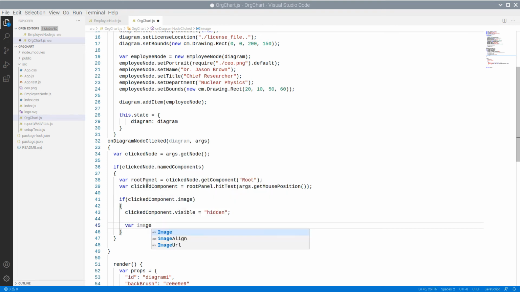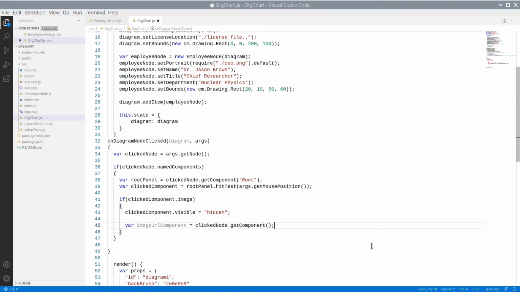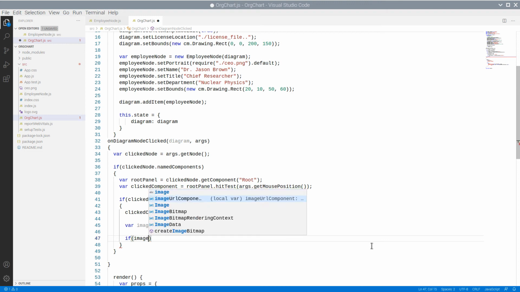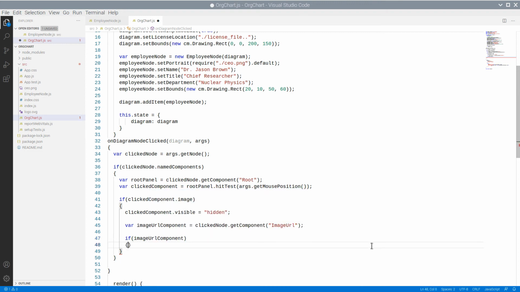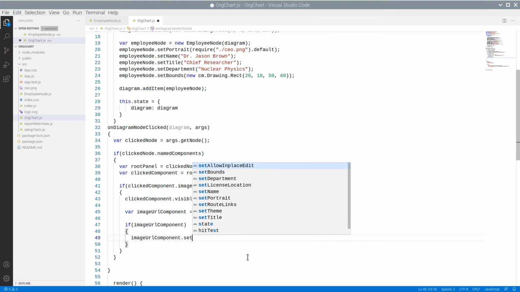We have to get now the URL of the new image. We get the text component that represents the image URL and use the Diagrams API to set its visibility to visible.